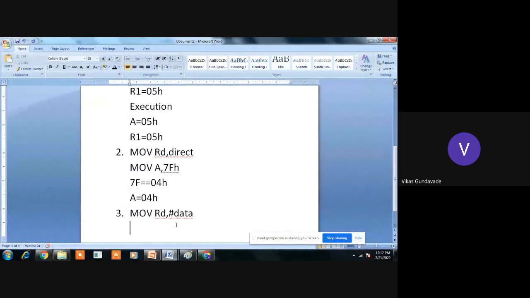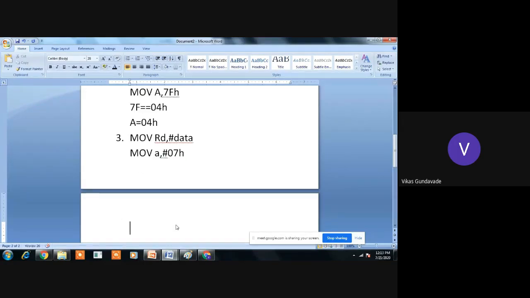So what does it mean? The immediate value will get transferred into the destination register. Okay. For example, if the instruction is move A, comma, hash 07H, what is the meaning?